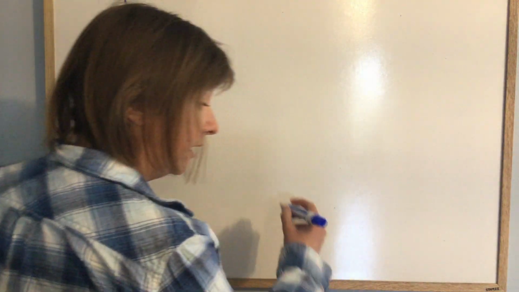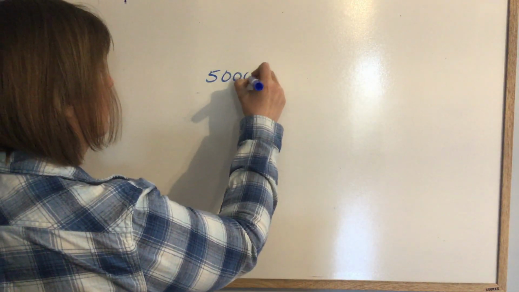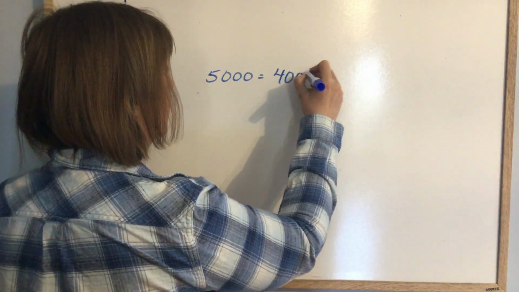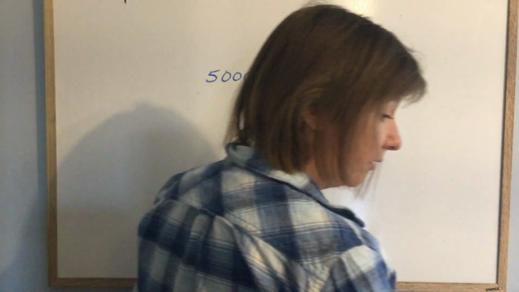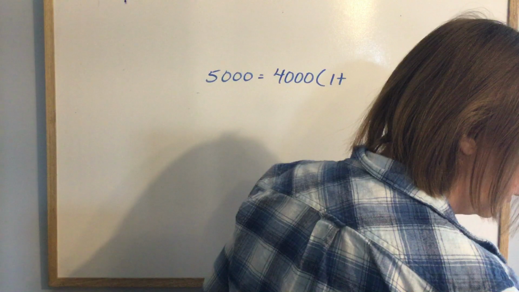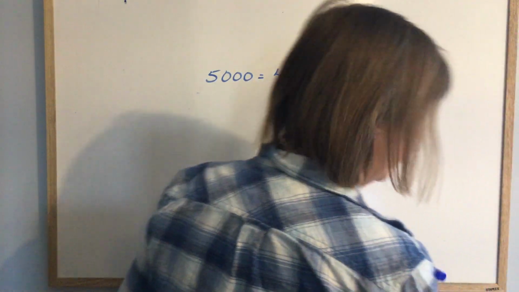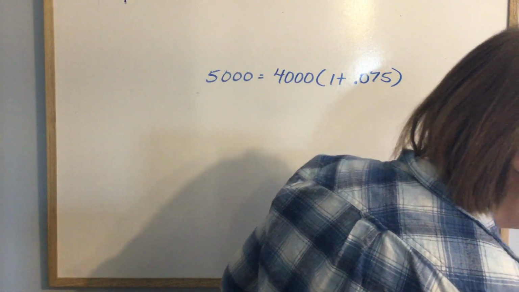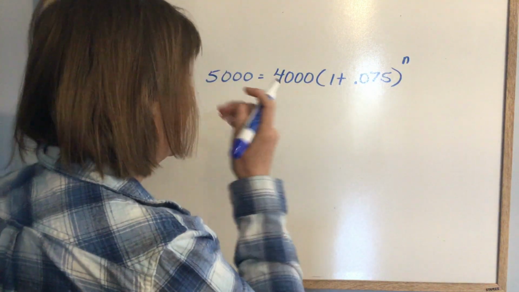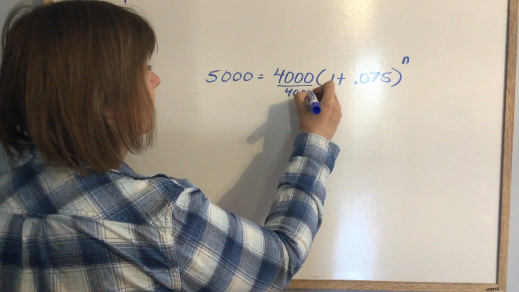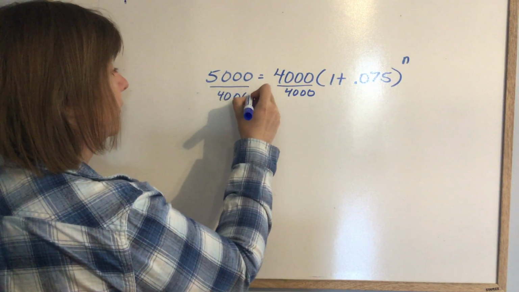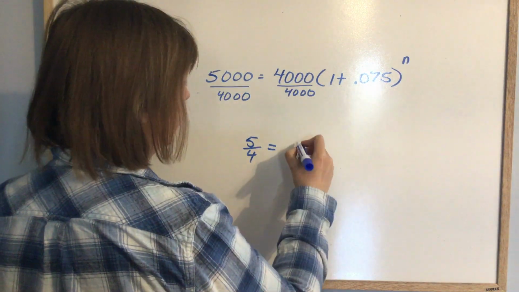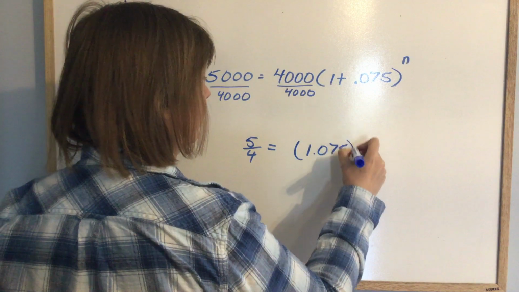So for 1A, it says 5,000 equals 4,000 times 1 plus 1.0.075 to the n. So I would divide this side by 4,000, and I would divide this side by 4,000, which would give me 5 over 4 is equal to, now this is in brackets, so I think I would just add those, 1.075